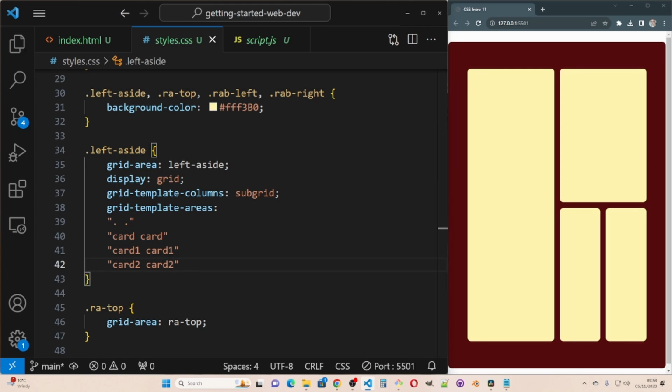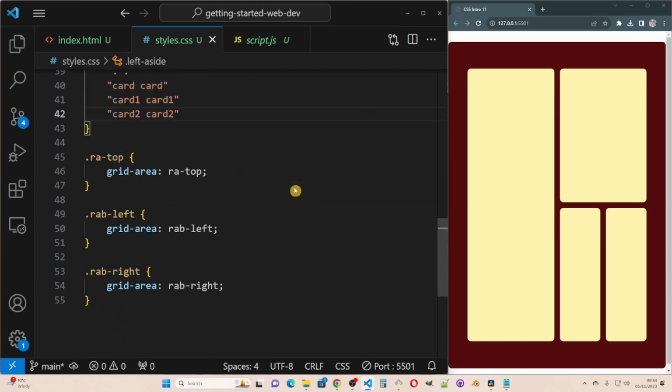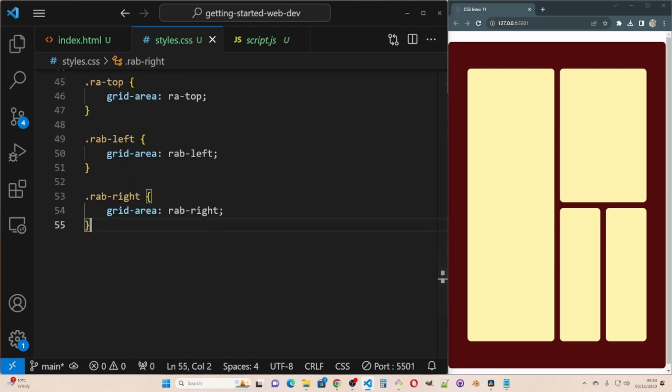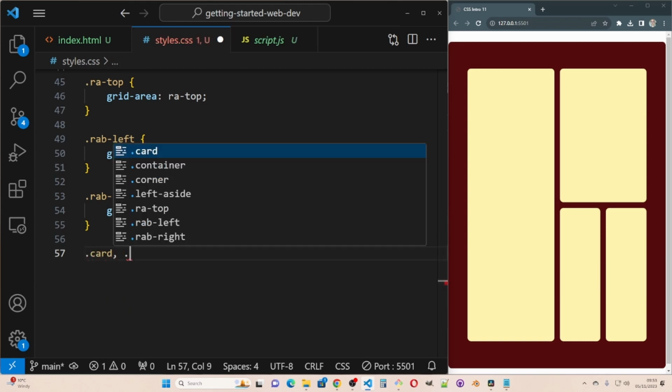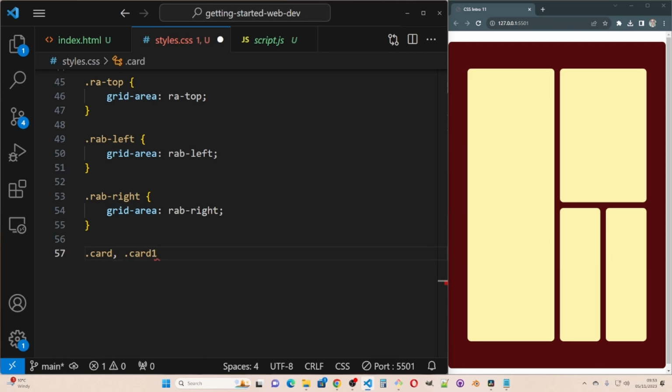And that's it. And next need to do .card, .card1, .card2,